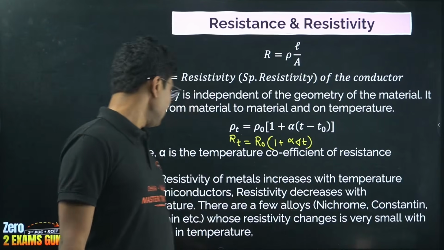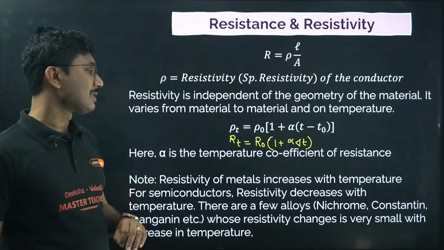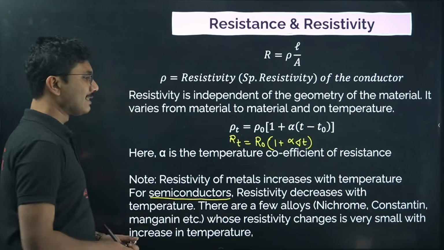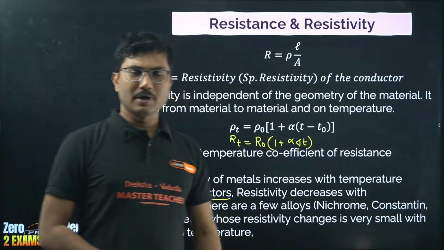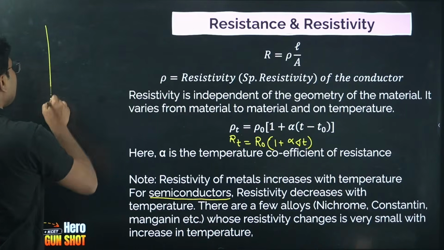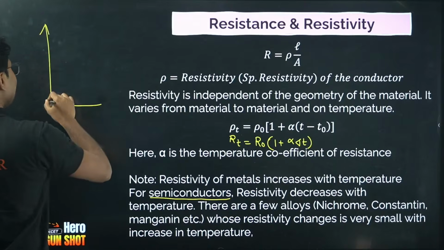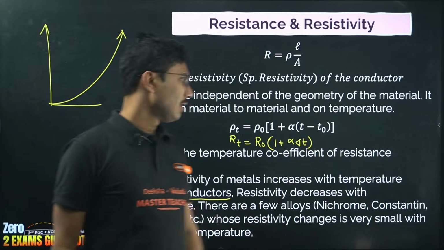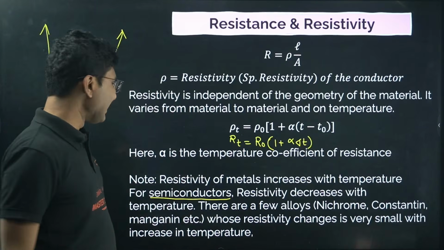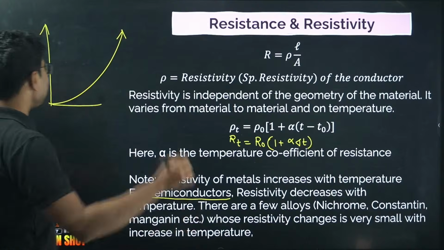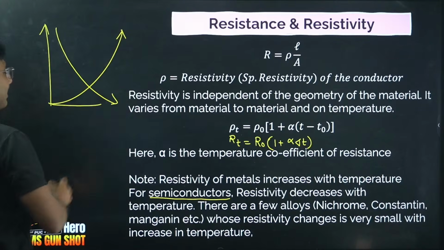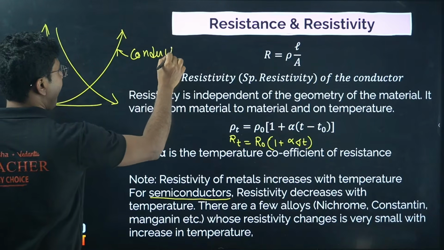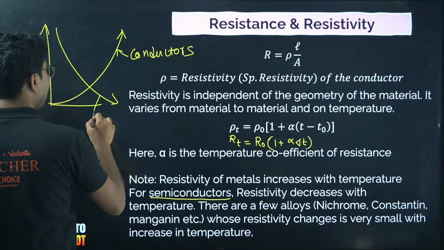Resistivity decreases for semiconductors. For semiconductors, very important, resistivity decreases with temperature. So for normal conductors, resistivity increases, and it increases non-linearly. The graph is non-linear. Resistivity decreases with temperature for semiconductors. This is the conductor, this is the semiconductor,